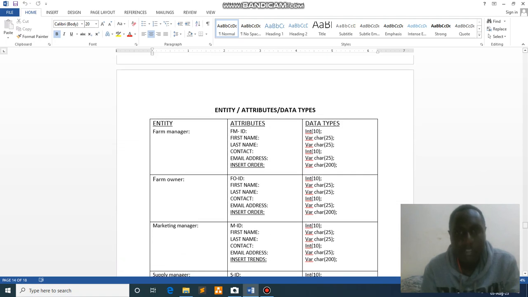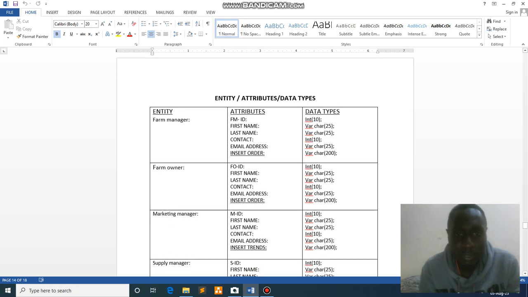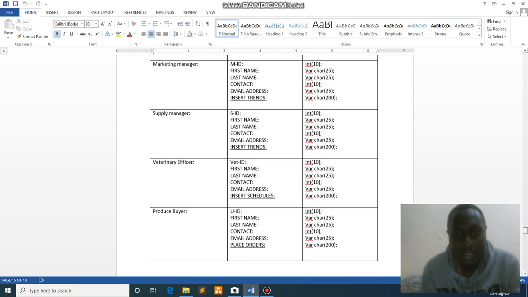Then this is the entity, attributes, data types table, whereby the farm manager has a farm ID which is of data type integer, and his first name and last name as variable character, contact as integer, and it will be taking 10 digits, and the above characters will not exceed 25 characters, and the same as the other